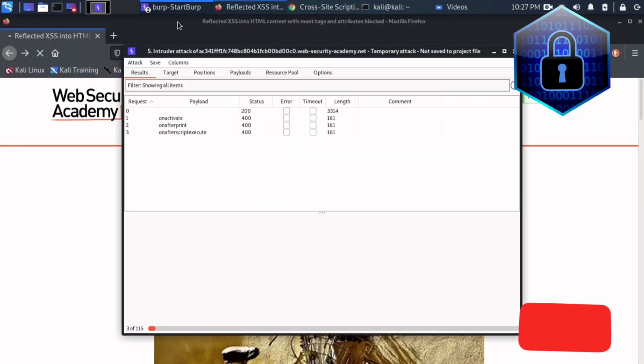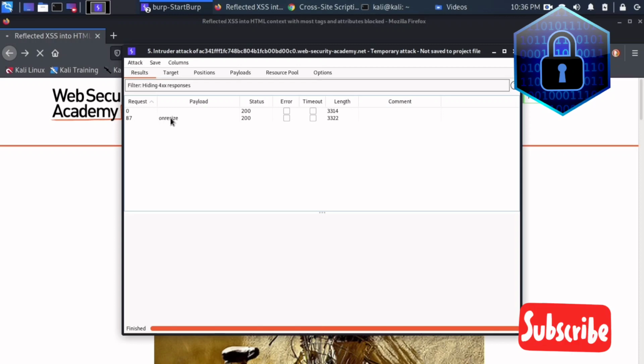I'll pause for a while. If I get a 200 response, I'll let you know. I'm pausing now. Yes, now it is finished, and you can see request 87, onresize, as a 200. So we can use onresize as the event payload.